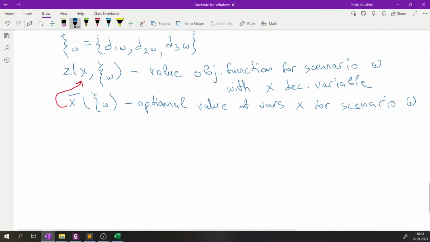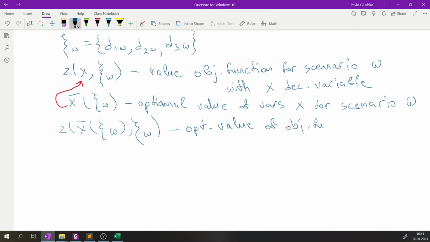So it means that if we put that, and here instead of some x, we use this optimal x dash for scenario omega, and we use data of scenario omega, then it will be the optimal value of the objective function for scenario